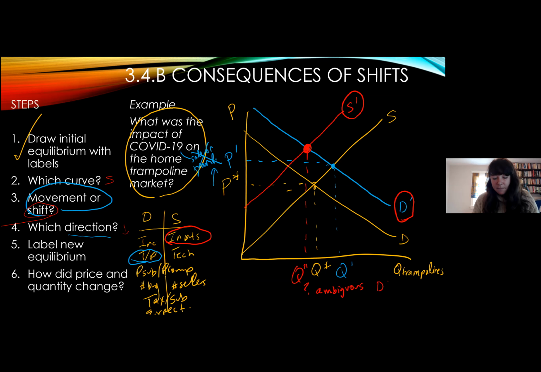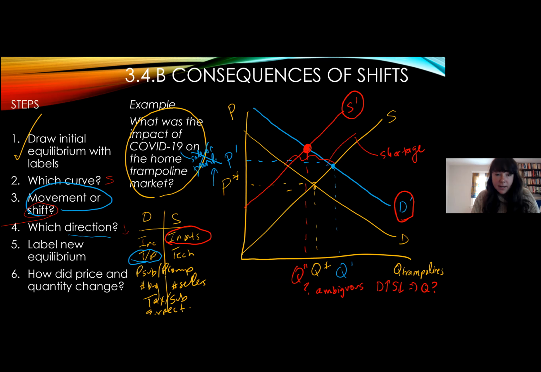Demand went up, but supply went down. So we're not sure what will happen to quantity. It depends on the magnitude of the shifts. And from personal experience, the supply shift overwhelmed the demand shift for the time being because there were fewer trampolines available. They were completely out of stock. But a lot of that could have just been a shortage, that it took time for us to jump into the new equilibrium, right? If you think about the existing supply curve with that new price in blue, there would have been a shortage right here